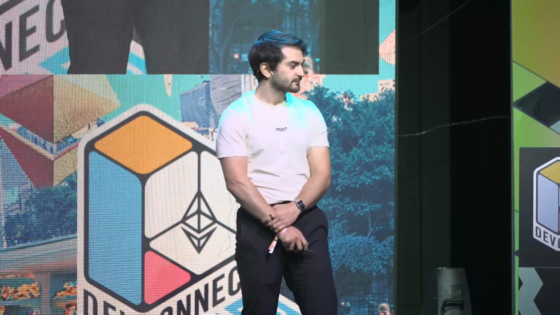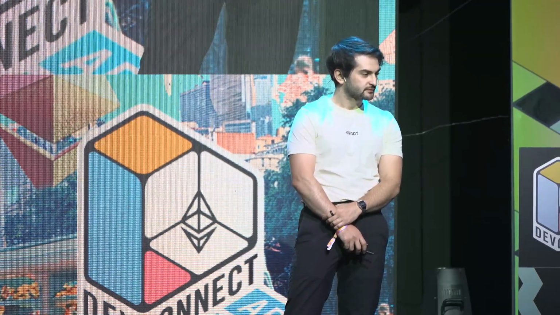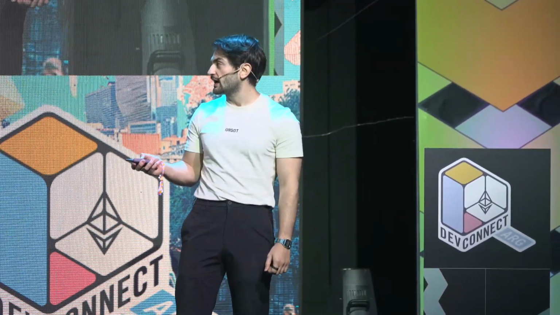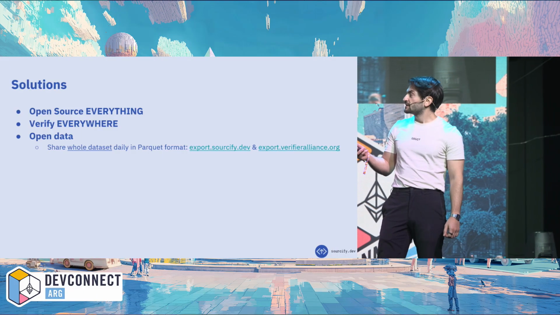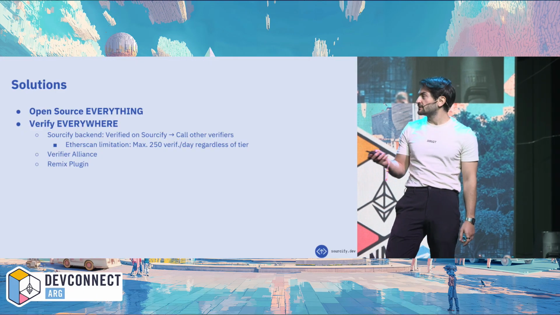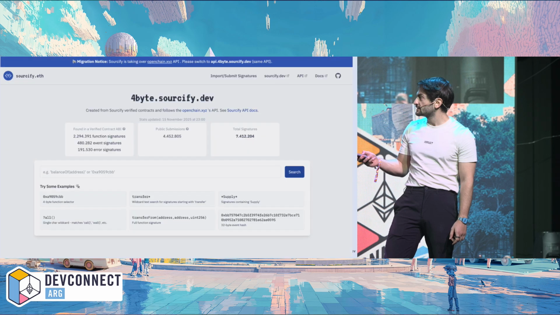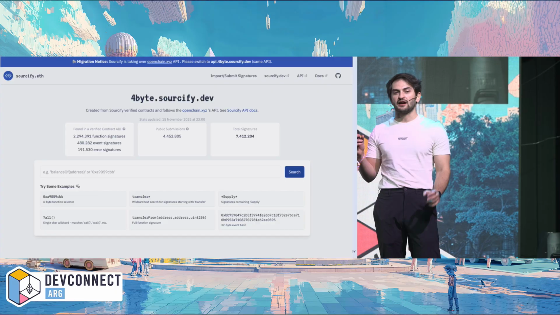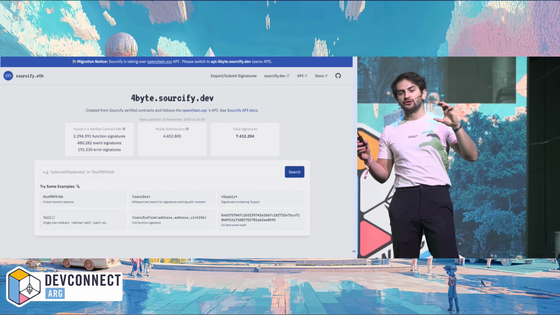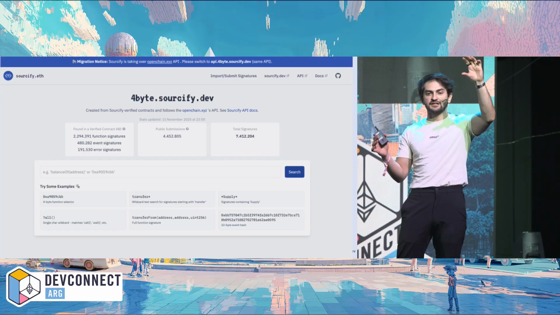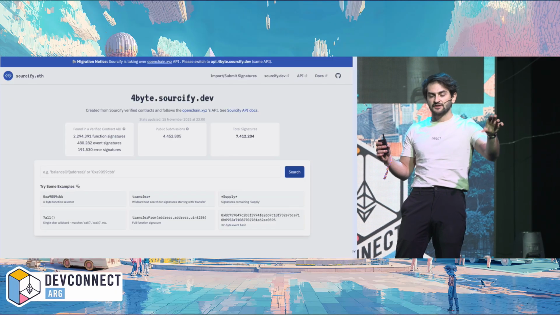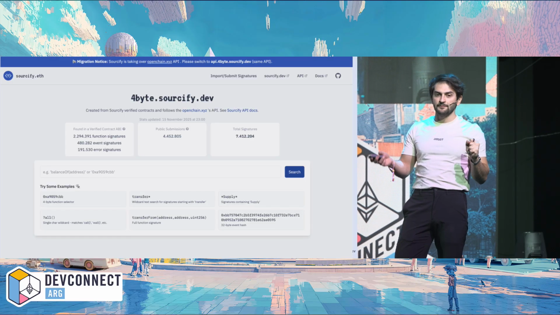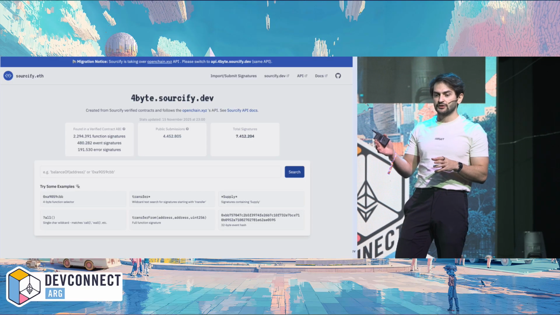The first question is, does your 4-byte directory also register the error 4 bytes from newly verified contracts? Yes, we do have errors in the 4-byte directory. The thing is, to maintain compatibility with the OpenChain API, we don't have a specific error field. When you get a response from the API, you will see functions with their 4 bytes, and then events with 32 bytes. Because OpenChain didn't have that, we only have functions, but we mark them as error signatures in our database.